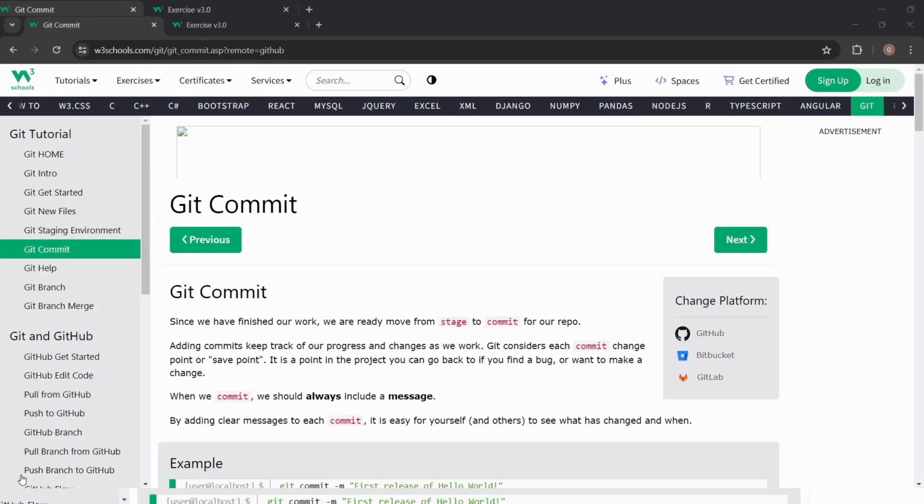So today we will cover Git Commit. So let's get started. Git Commit. Since we have finished our work, it has moved to staging. Now we have to move to Git. Okay. So adding